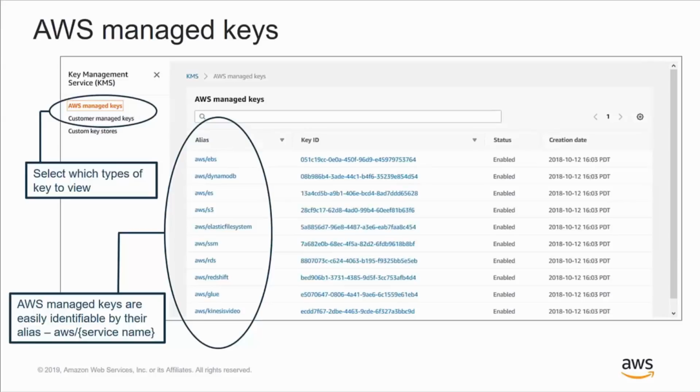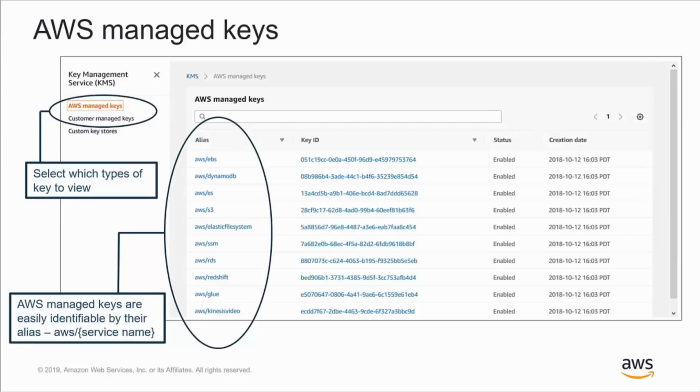For those of you that are familiar with using the KMS service, you may have noticed that a couple of months ago, we introduced a new KMS console. Since its inception, the KMS console was buried in the IAM console under a navigation link called Encryption keys. Now it's a standalone console accessible from the main AWS console services page.